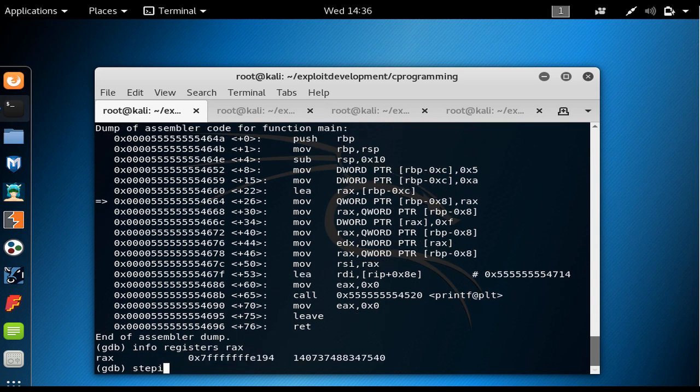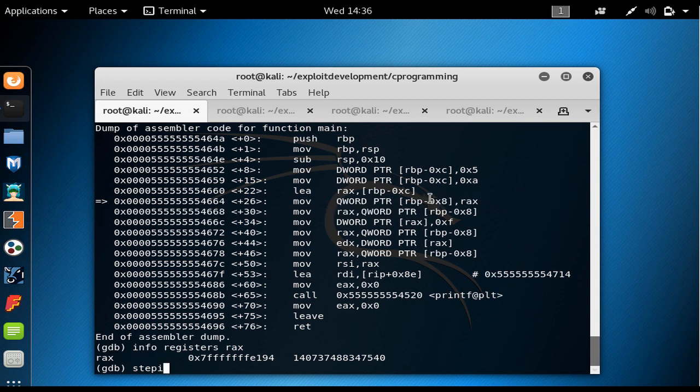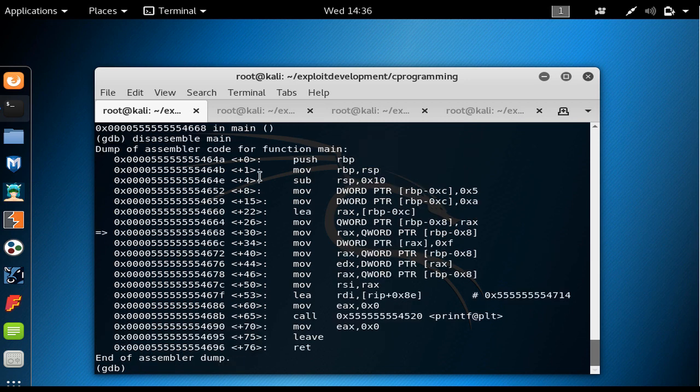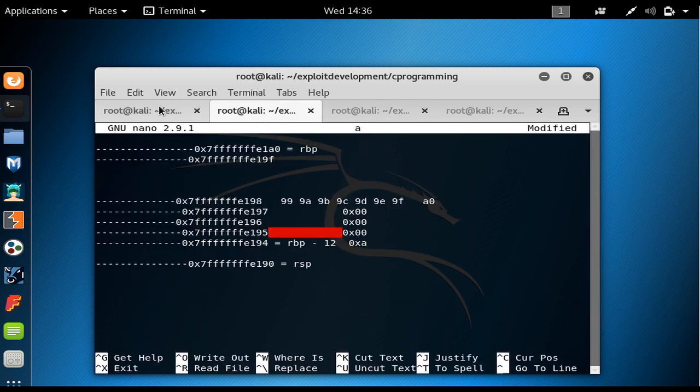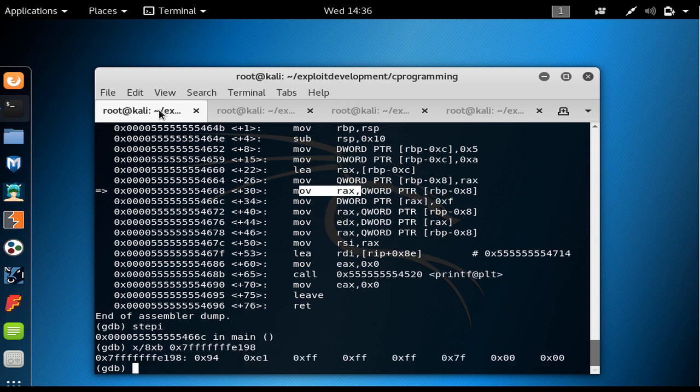Then we say stepi. Actually, this one should get executed, right? So if I say stepi, then disassemble main, we are at this one. Again, we say stepi, and now this thing that I told you should happen. If I just execute this again and hit enter, you see we have this value 94 E1, then FF 7F and 2 zeros. And if you look, 94